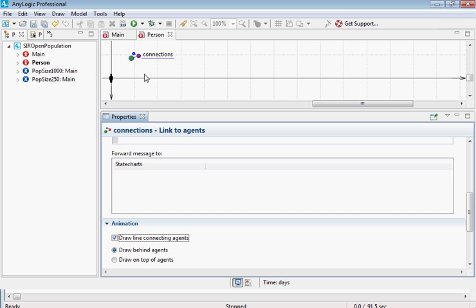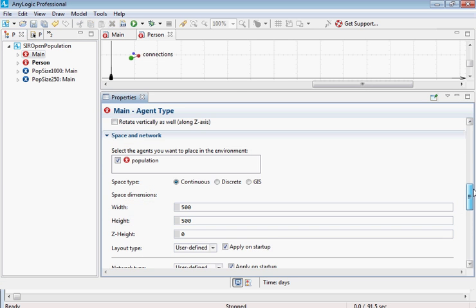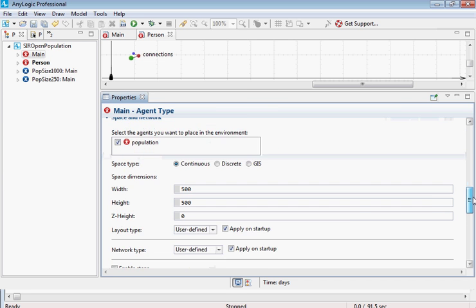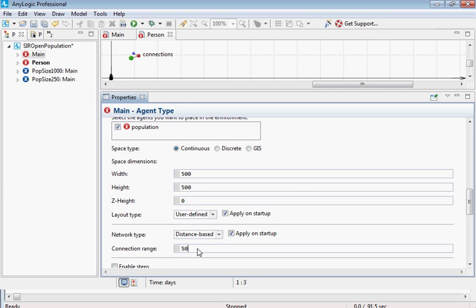Where do we do that in AnyLogic? On main. In main, indeed. So we're going to go to main. And where do we go in main? Well, we go down to the space and network area. You notice there's a network type here, and we're going to say that the network type is distance-based. You notice that we have a connection range specified of 50. We are going to change this to instead reflect a connection range which is 75 right now,